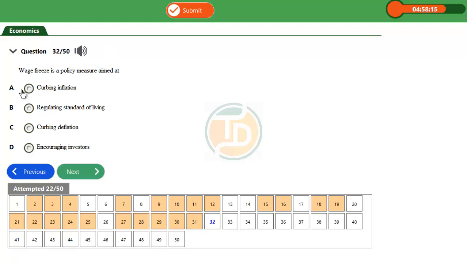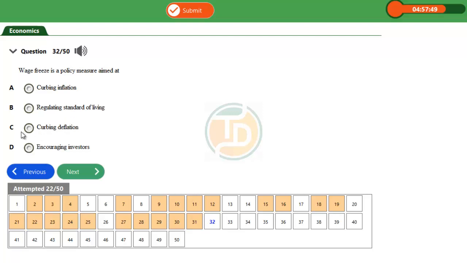Let's look at the options we have. Option A, curbing inflation. Curbing inflation means controlling inflation. Option B, regulating the standard of living. Regulating the standard of living means controlling the standard of living, which means controlling the value of economic well-being that is available to